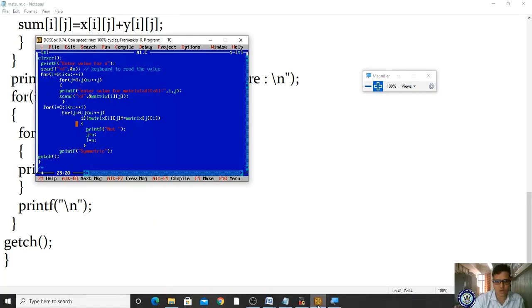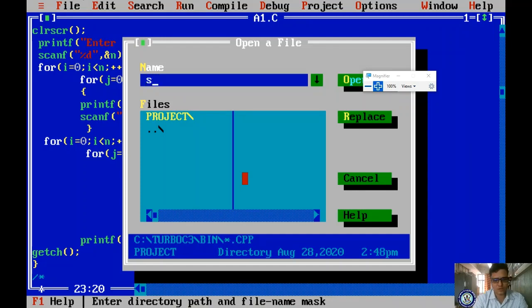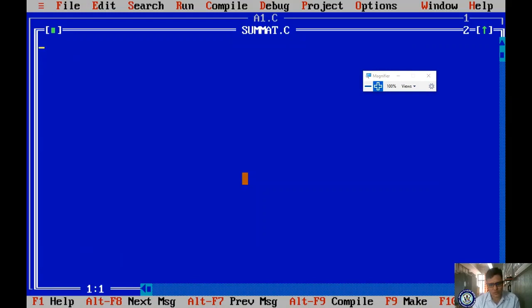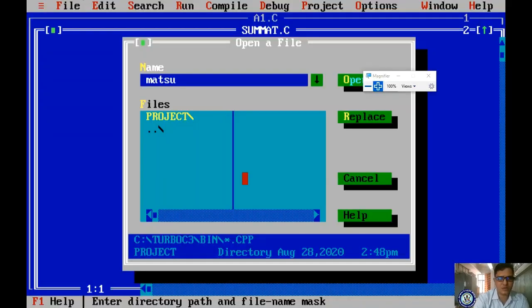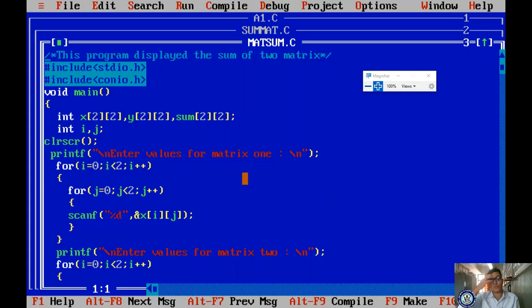I've already opened my editor. I have to open my file. What is the name of the file? Sum mat.c. It is not there. Sorry, matsum.c, right? Okay, F3, matsum.c. So this is our program.